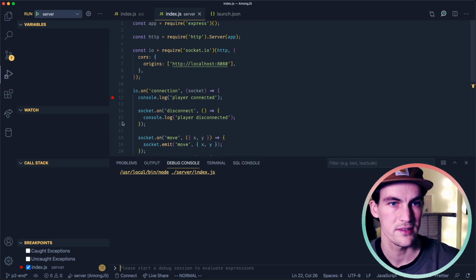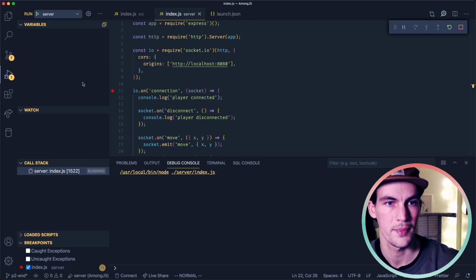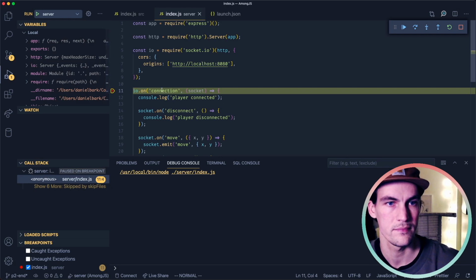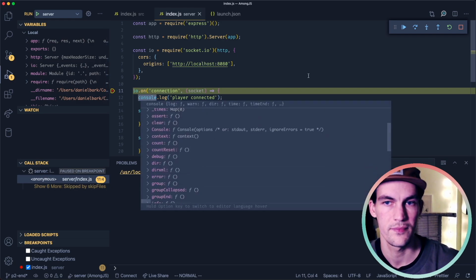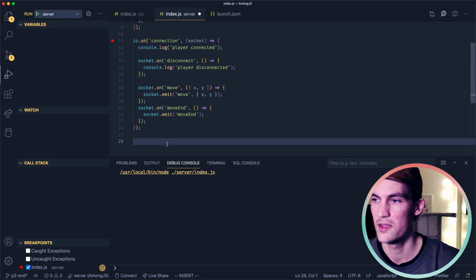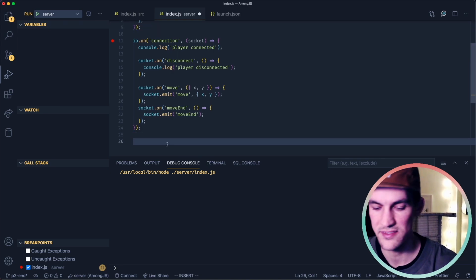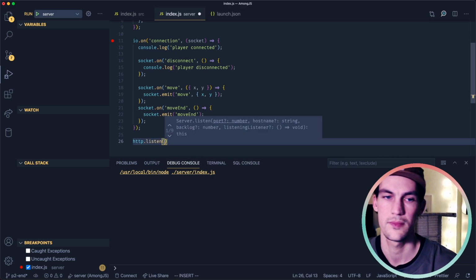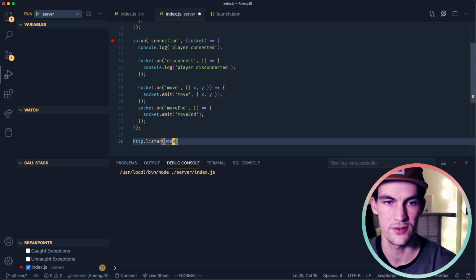No errors yet. Let's set the breakpoint one line higher. Seems okay. I think I forgot to start listening as well. So we have to end this file with http listen port 3000.